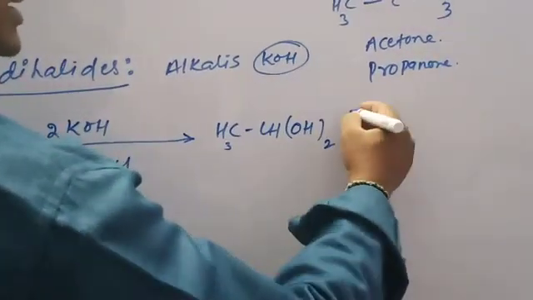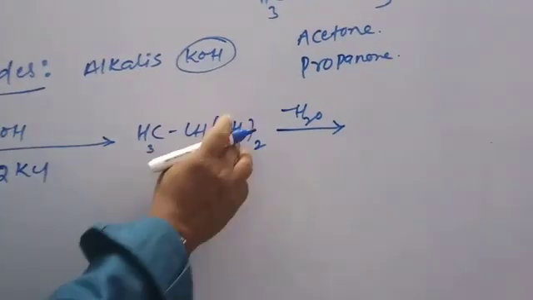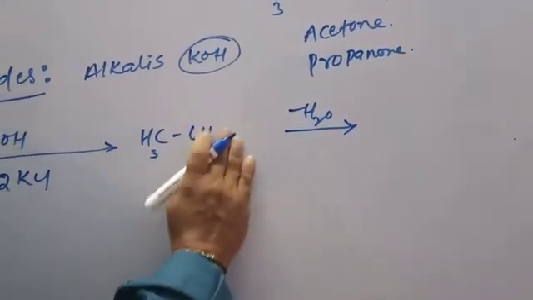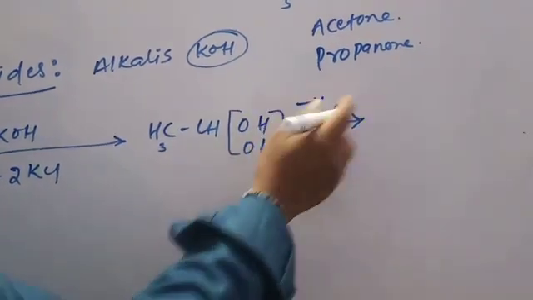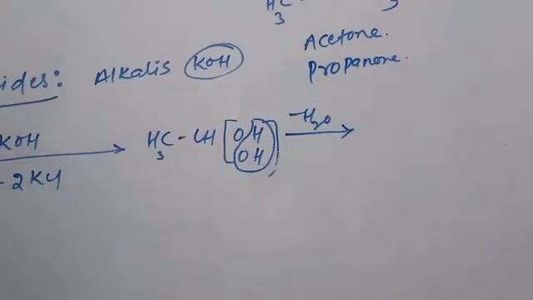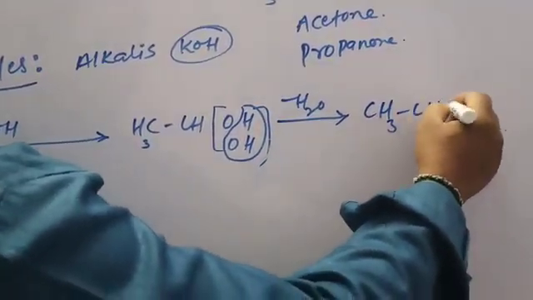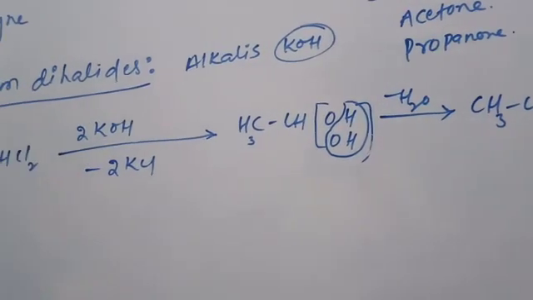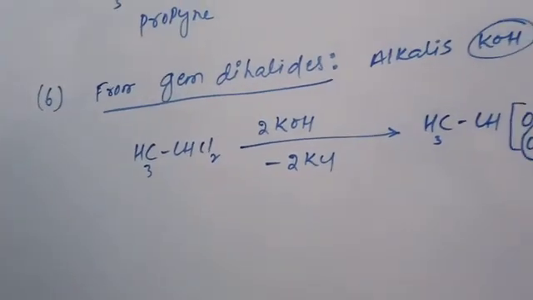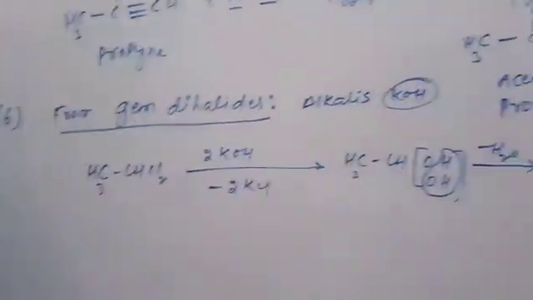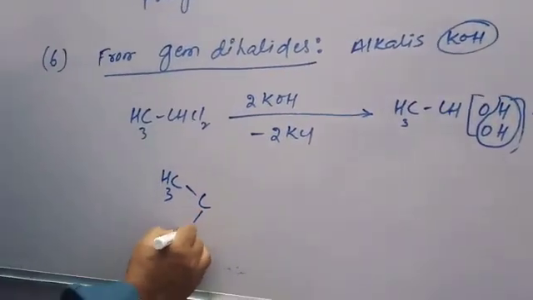Then next one is dehydration. Dehydration means removal of water molecule. So then it contains 2 OH groups, OH and OH. So removal of H2O, the remaining compound is CH3CHO. So acetaldehyde is obtained. So it is the preparation of aldehydes and ketones. So for example, let us consider